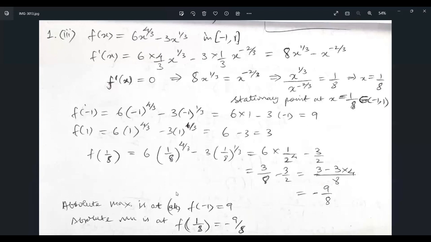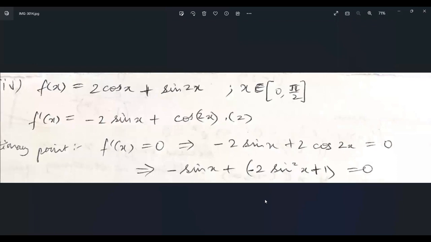The absolute minimum occurs at 1 by 8, which is a negative value. So it is minus 9 by 8. So this finishes this problem. Now we move on to the next problem, which is f of x is equal to 2 cos x plus